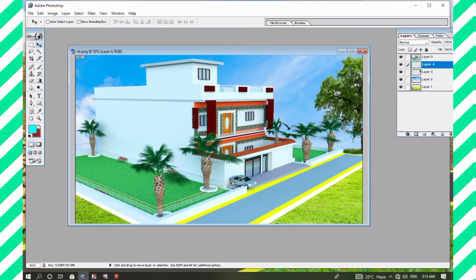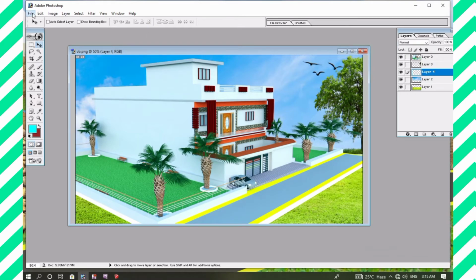Okay, you can see the bird is in front, so I will change this bird to the other layer. You can see the tree is behind this bird, so I will change this. Okay, now you can see the birds are behind the tree, which is good for us. So dear friends, this is okay.